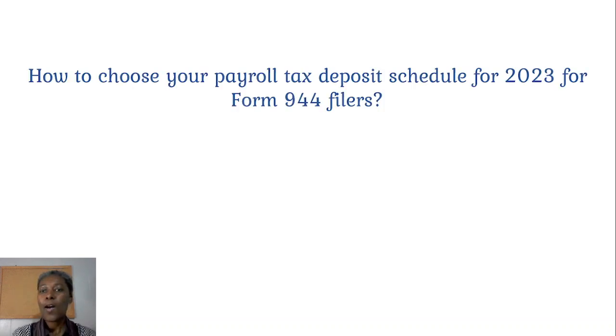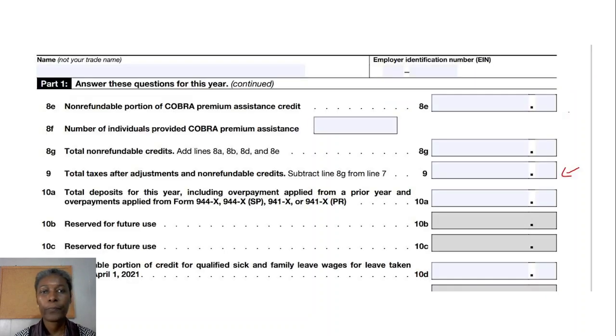How to choose your payroll tax deposit schedule for 2023 if you file Form 944. Form 944 is Employer Annual Federal Tax Return. So if you file Form 944,